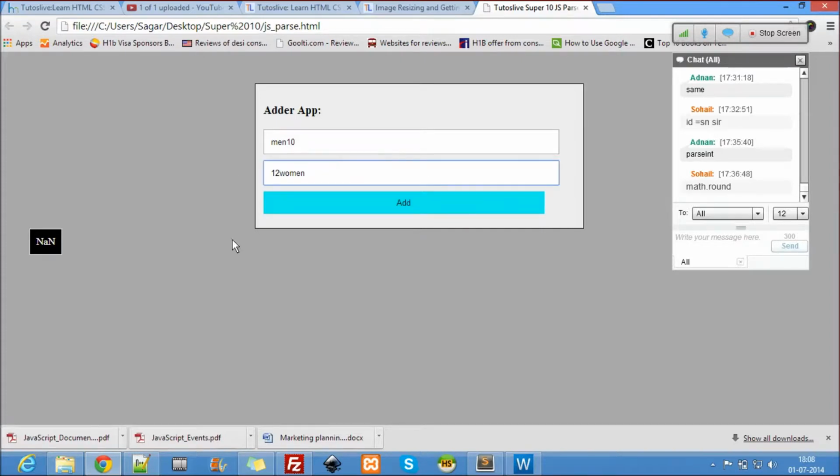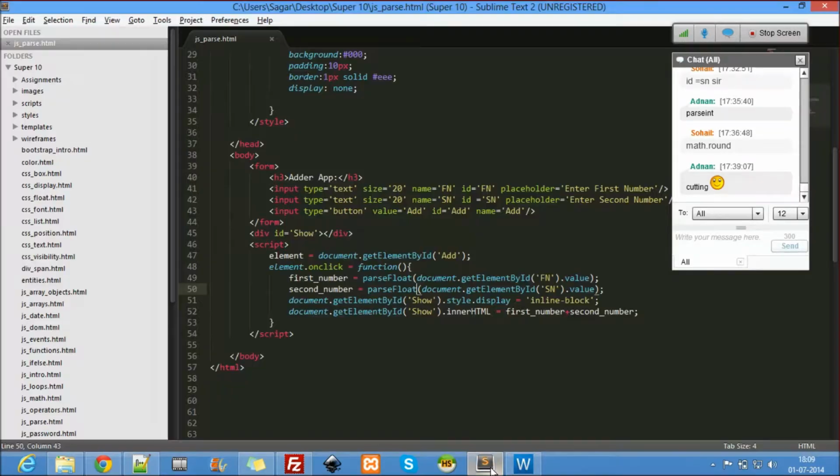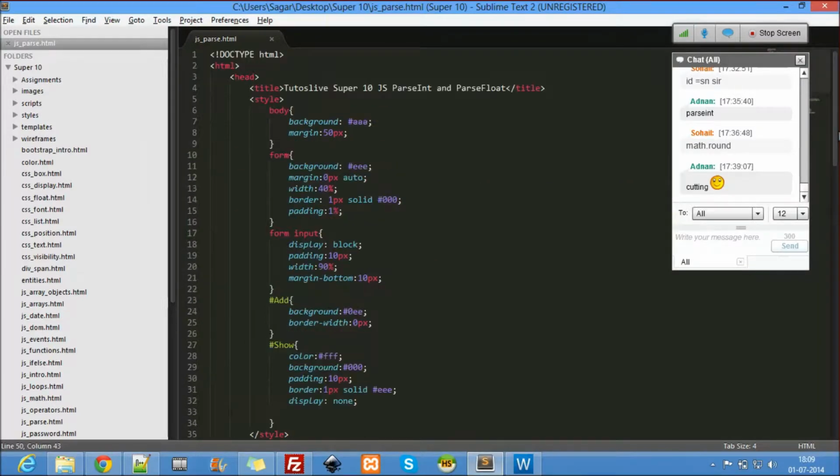Okay? Any doubts in here? Any question here? The cutting, it can be fixed again. The reason for that is the margin. We have given the margins and paddings in pixels, right? That is the problem here.